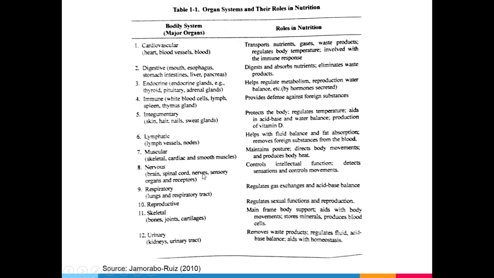The main organ system with respect to nutrition is the digestive system, because the digestive system is the one that extracts nutrients from the foods that we eat. Siya ang mo-digest o mo-absorb og nutrients from the food, and the digestive system, through the colon, is involved in the elimination of undigested food products or feces or stool.